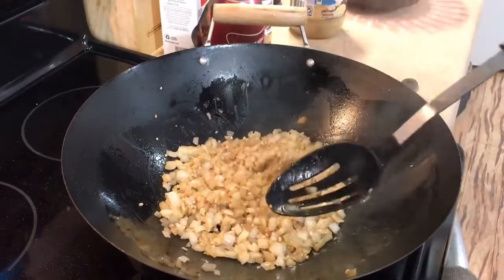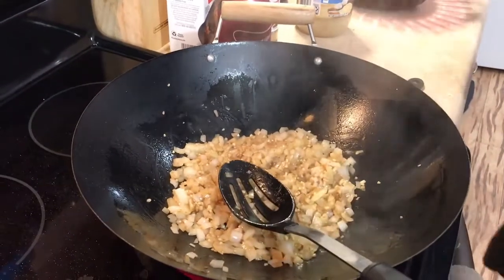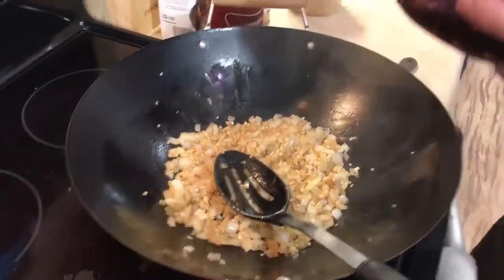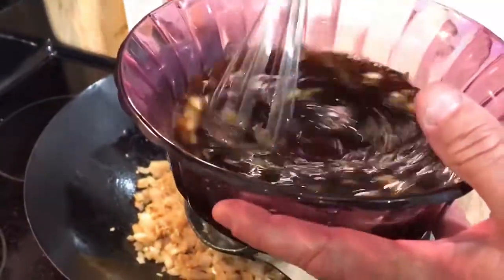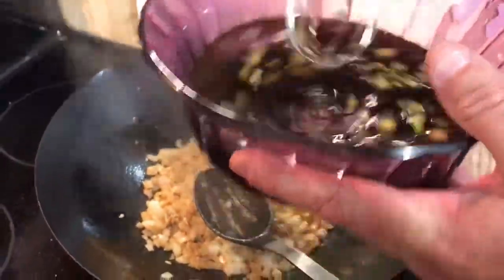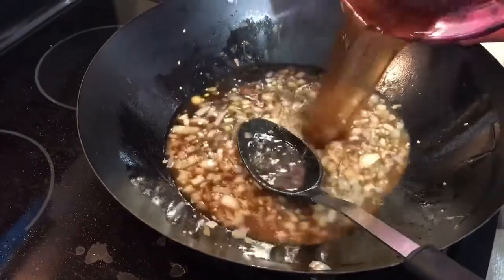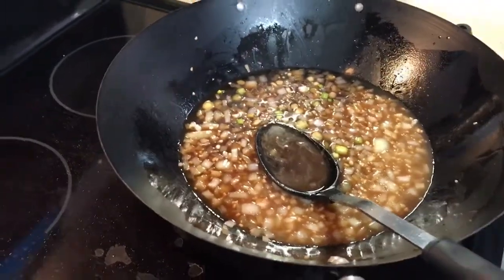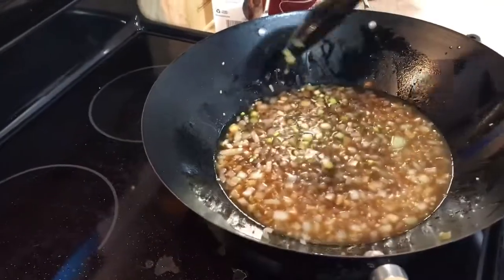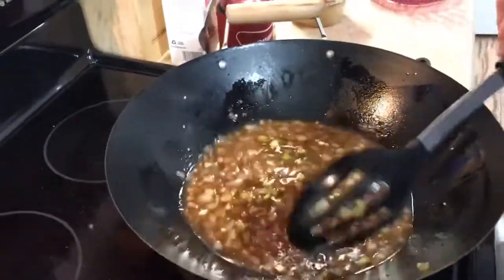All right, next we're going to add, remember at the beginning we made this deliciousness. All right, here we go. Okay, so you're gonna bring this to a boil. Once this comes to a boil, well,